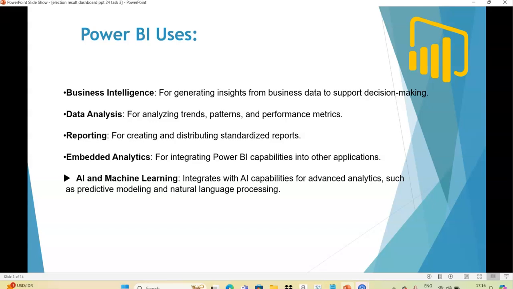Where can we use Power BI? Power BI is used in business intelligence for generating insights from business data to support decision making. It is also used in data analysis to analyze trends, patterns, and performance metrics. Then in reporting, for creating and distributing standard reports. It is also used in AI and machine learning, integrating with AI capabilities for advanced analytics such as predictive modeling and natural